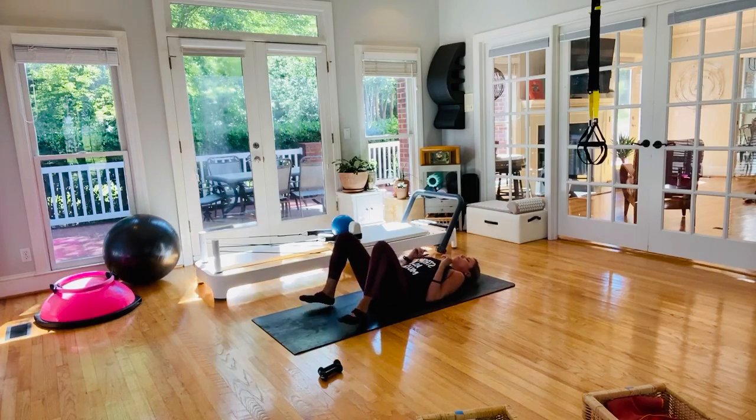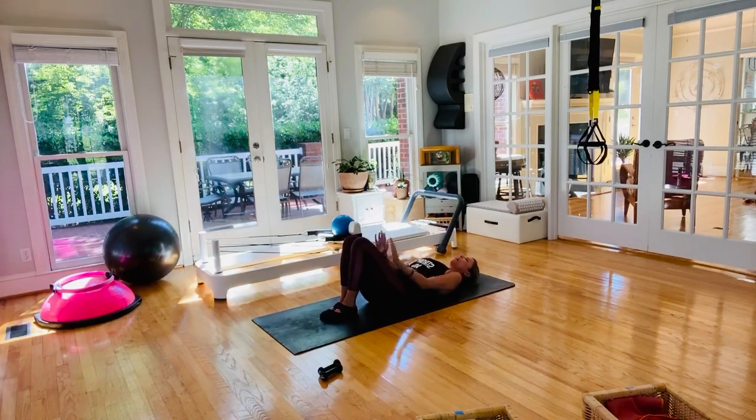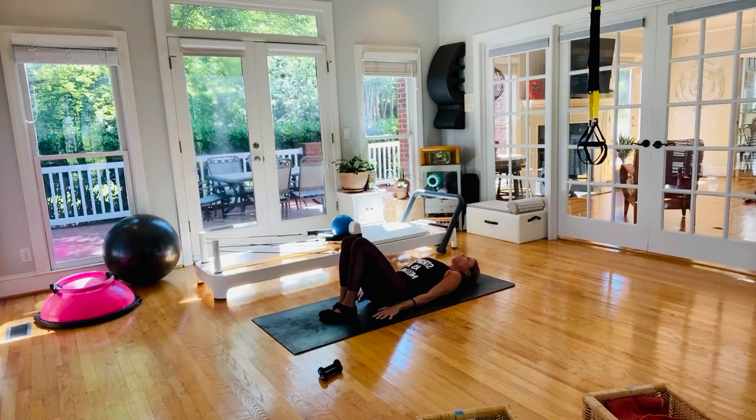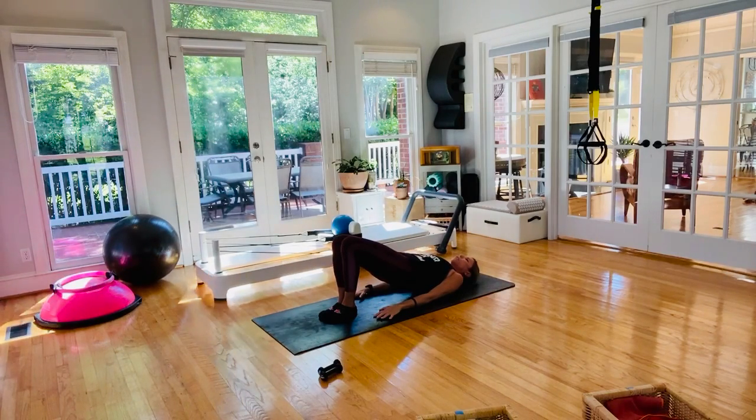Okay, so we got one more to go here. We're going to bring our feet in together, toes and heels sealed, no light between the legs. This is going to be your smaller bridge, but it's going to feel like the balls between the inner thighs. So tilt in the pelvis, peel all the way back up to the top, and now you're down an inch,